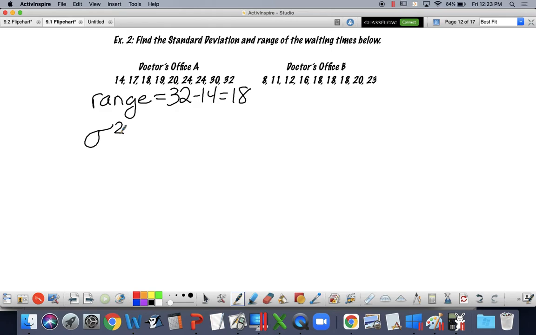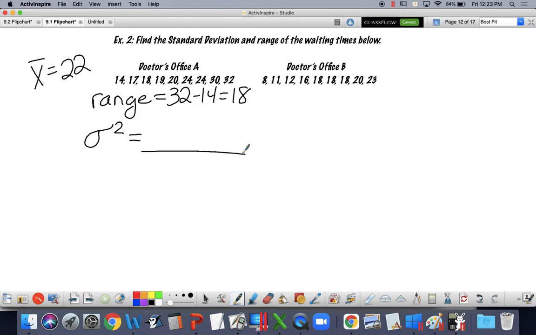We have it written down from our previous time we did this. What was the mean for this data set, Doctor's office A? 22, thank you. So the mean of this data set we figured out was 22. We are now going to take the difference between each of these data points and square it and add them together one at a time. I know, Justin, don't get mad about it. It happens, we can do it.